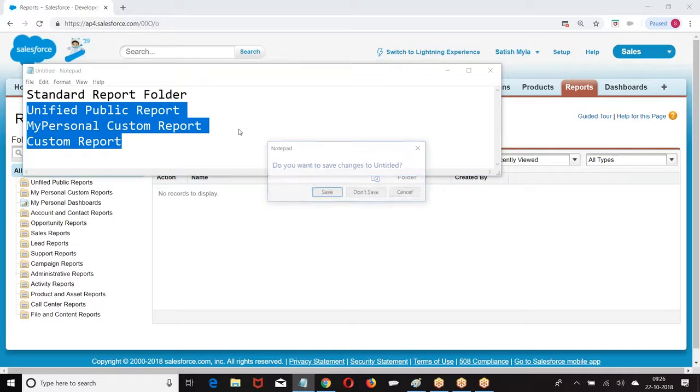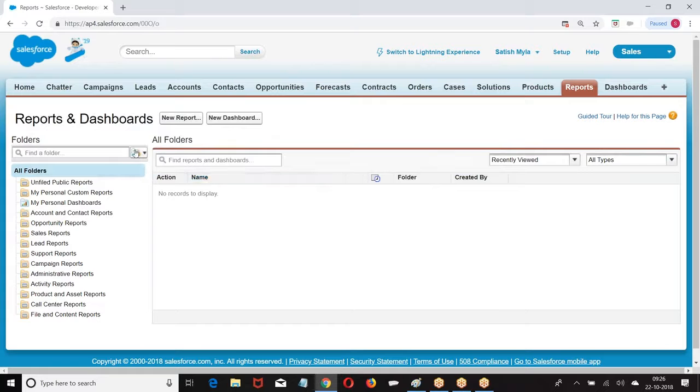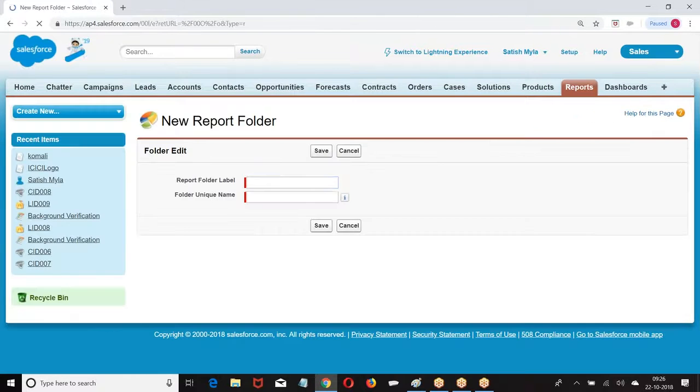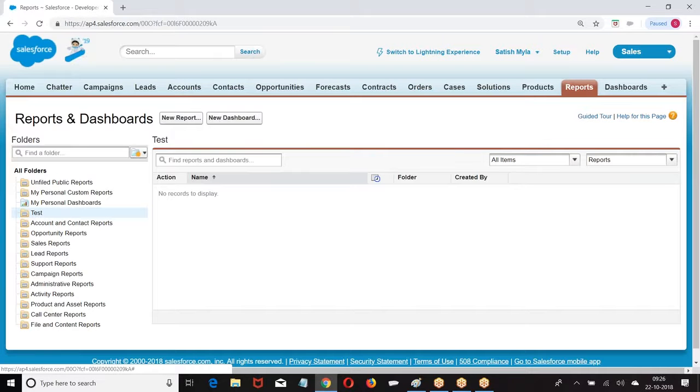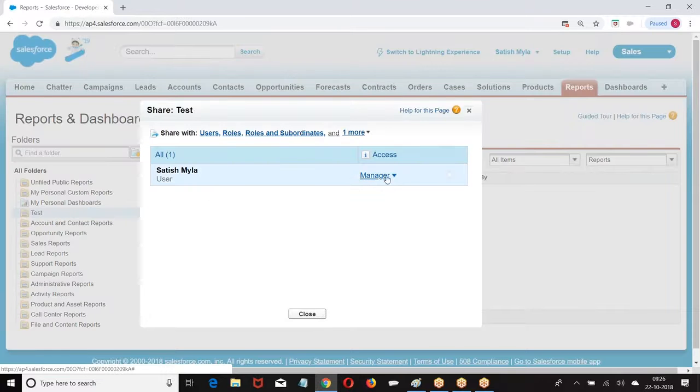Right. Let me go back to the next one. How do you create it? You are finding a folder, new report folder. You created a folder. Once you created a folder, you tell with whom you want to share. Share with user, role, whatever it is, it's up to your choice.